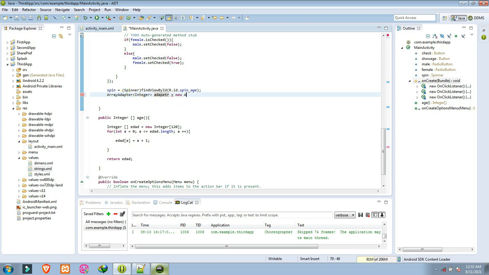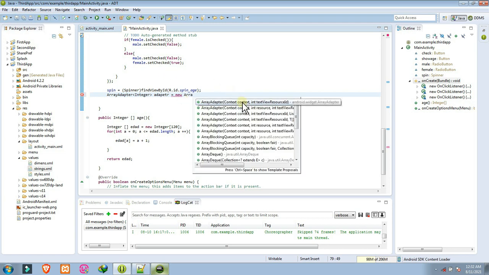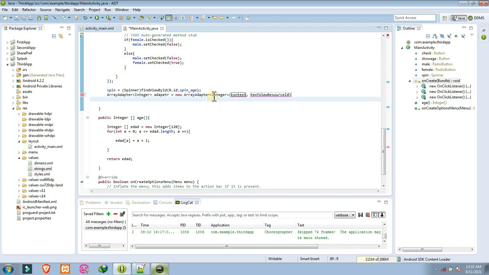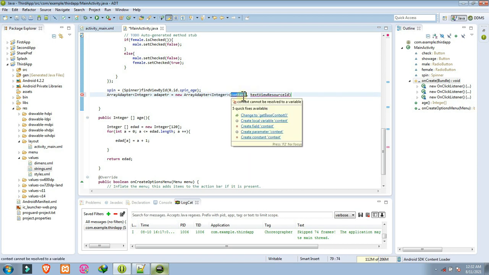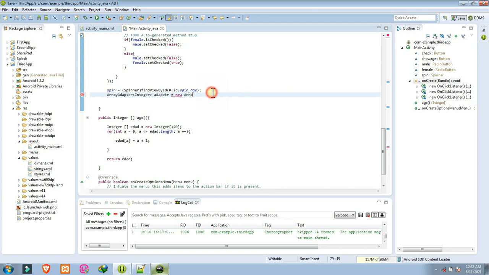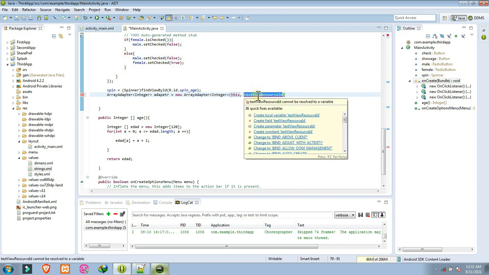Okay, then lagay ulit natin dito ArrayAdapter, then click natin tong una. Then integer, itong context ang lalagay natin dito. Okay, anong ginawa mo, sir? ArrayAdapter, nilagay ko dyan. For example, ulitin ko, new array. Then para hindi tayo mahirapan, humingi tayo ng suggestion. Control space, click the first one. Then dito ilalagay natin is this, meaning we are using this ArrayAdapter. Then lagay lang natin dito